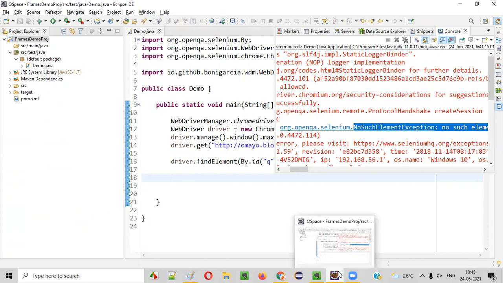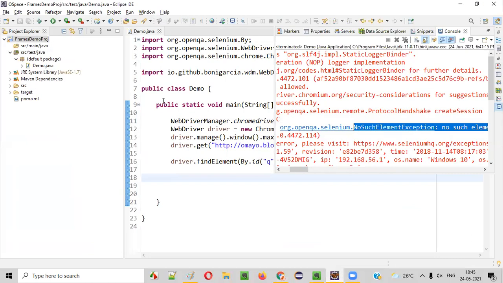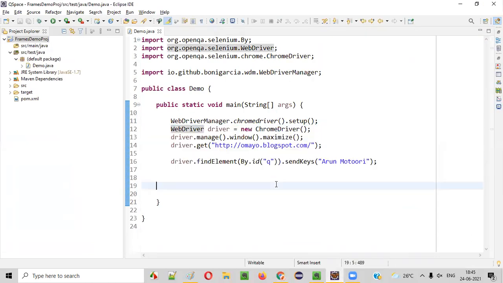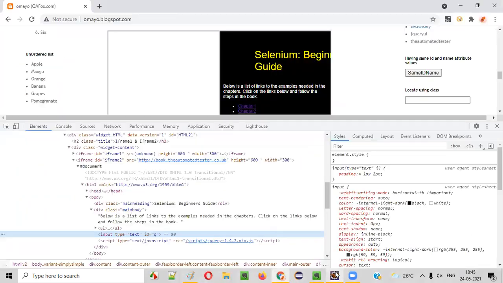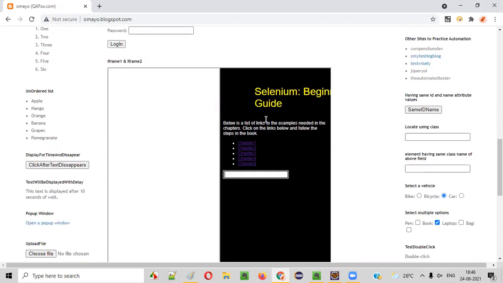If your required UI element is inside a frame, then by default it won't be visible to the Selenium WebDriver. So what we have to do for it to become visible to the WebDriver? First, guys, this is a page. From the page, we have to switch to the frame. Once you switch to this frame, then this text box field will be visible. If you don't switch to the frame from the parent page, this won't be visible, guys. It's hidden inside the frame.